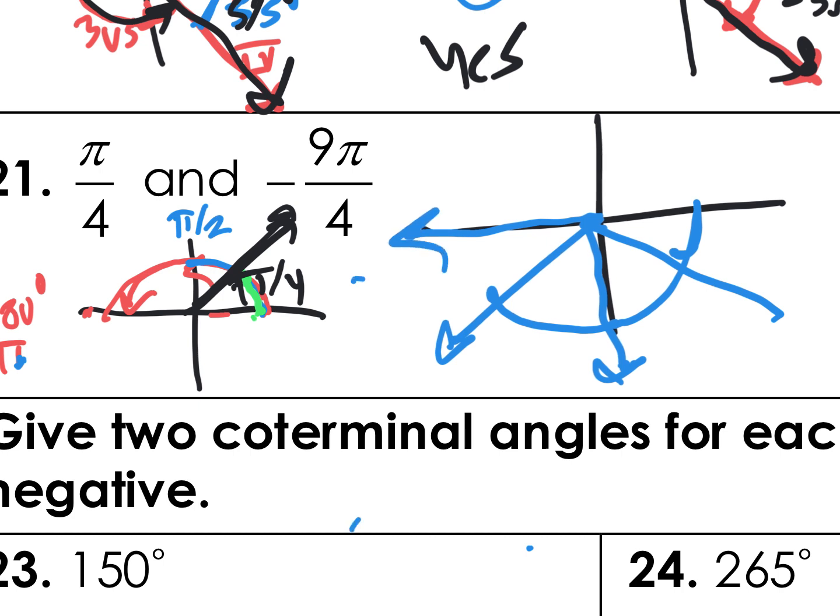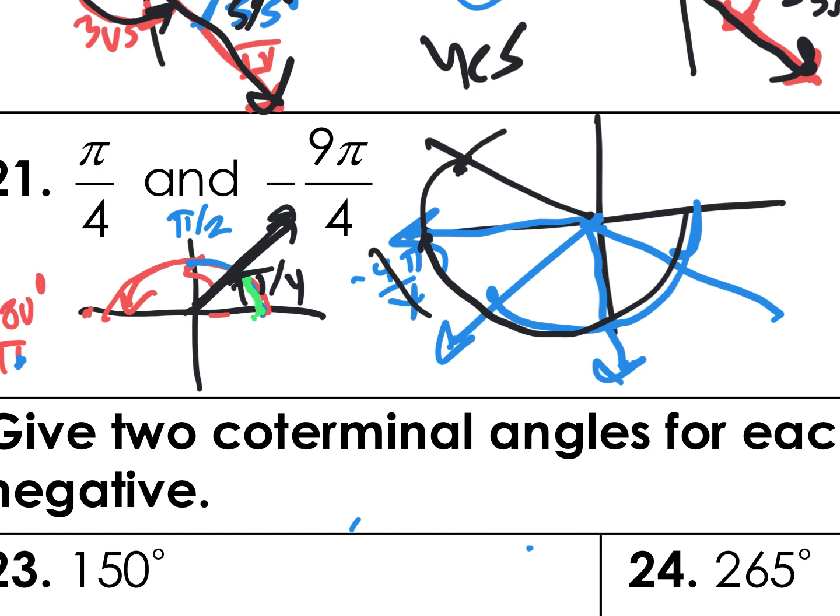By the way, -4 pi over 4 is the same thing as a negative pi. So there's 4. Here's 5. Here's 6. Here's 7. Here's 8. And here I go, finishing it up, 9. -9 pi over 4. So the question I would ask you is, if this terminates in quadrant 4,